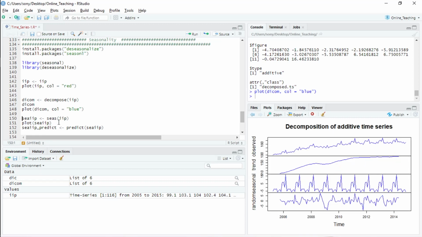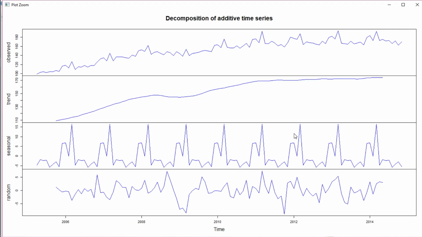Plotting is simple. You just type plot and the new variable which you created, that is decomp, and I'm coloring all the series in blue color. So you can see that. I'll zoom in.